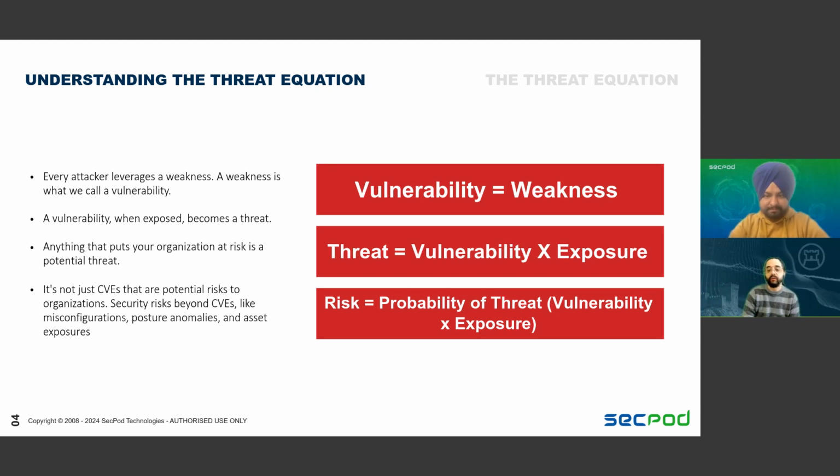I love the idea of rolling it up to something this simple and just say, look, the risk that the organization has is the likelihood that a threat is going to exploit a vulnerability via an exposed asset, and then it's going to create some kind of damage. You could do this in math, but to actually impact your organization and get it to a place that feels like an acceptable level of risk, you satisfy your risk appetite at the right level. I don't think you need to use math to calculate dollars and complicated scoring.